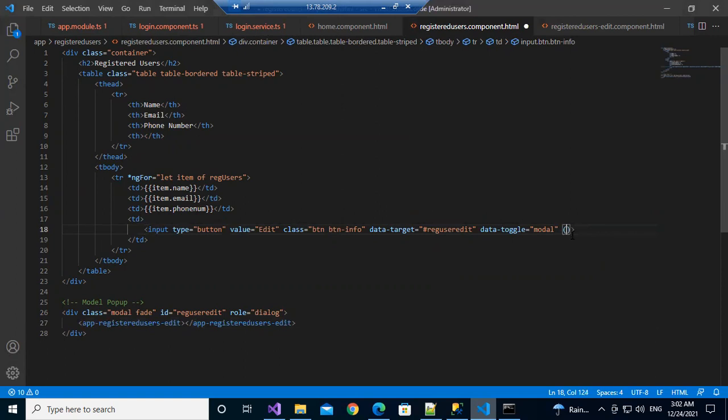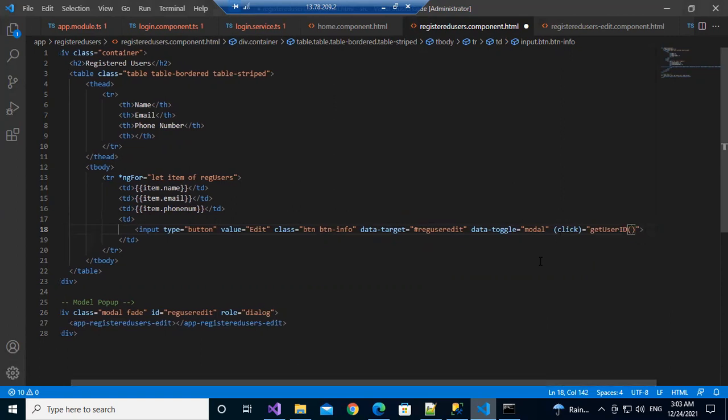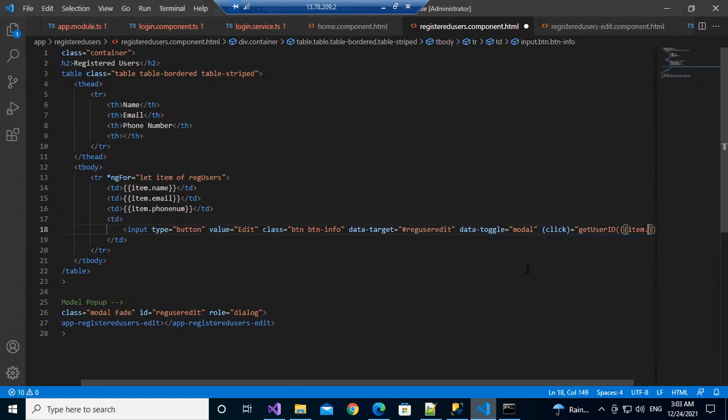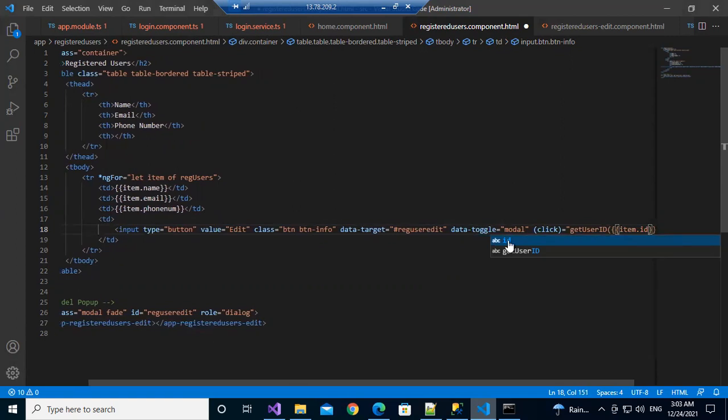Simply add one click action: when the user performs a click, call a function, getUserId, with item.id through data binding. Item.id. So this user ID will come to the function.